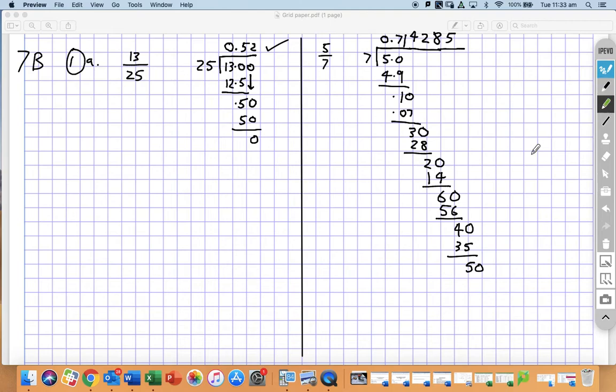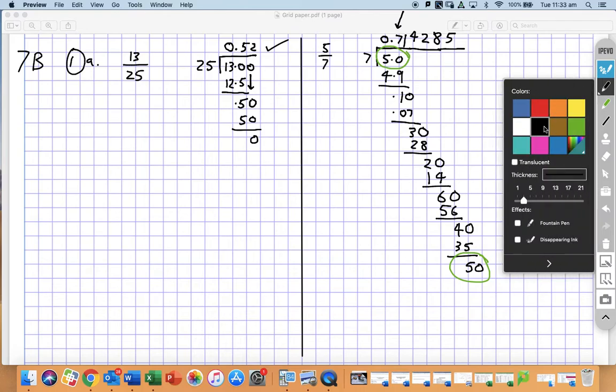And can you now see that if we were to continue on, it'd be like here? The chain would just go the same and keep repeating itself forever. So I'd do 7 into 50, well, 7 sevens are 49, so I'd get a 7 and I'd be back to this point there. I'd get another 7, 1, 4, 2, 8, 5, and that would keep